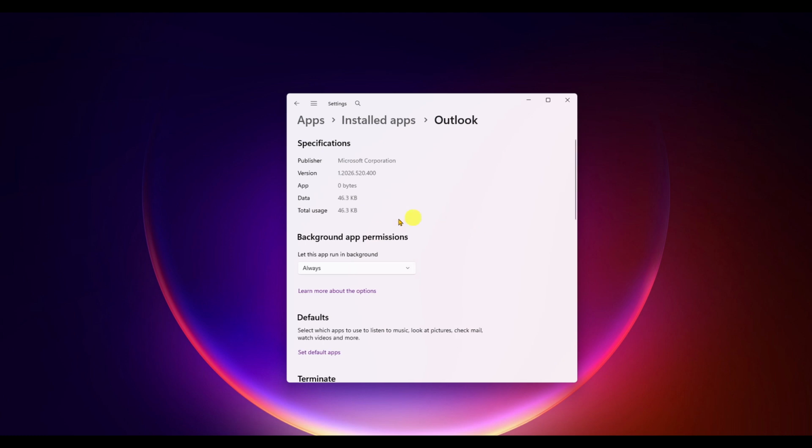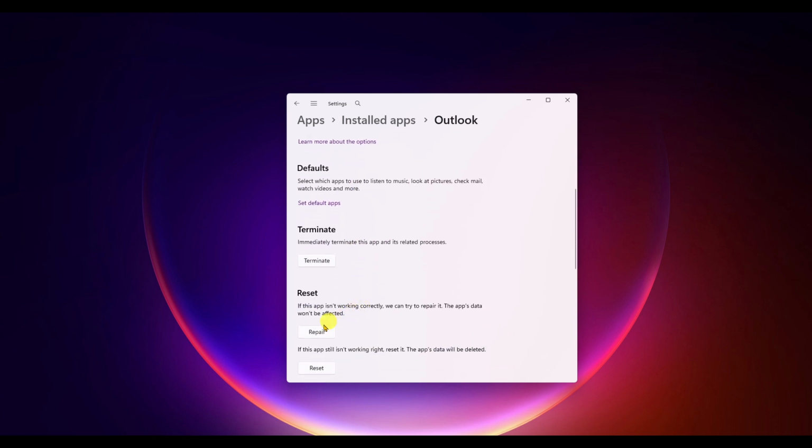As you work through these steps, it's a good idea to give each method enough time to complete before moving to the next one. Repair tools can take several minutes depending on your system. After finishing the repair, try opening Outlook again and sign in once more. In many cases, one of these methods resolves the incorrect password error by refreshing the app or repairing the Microsoft